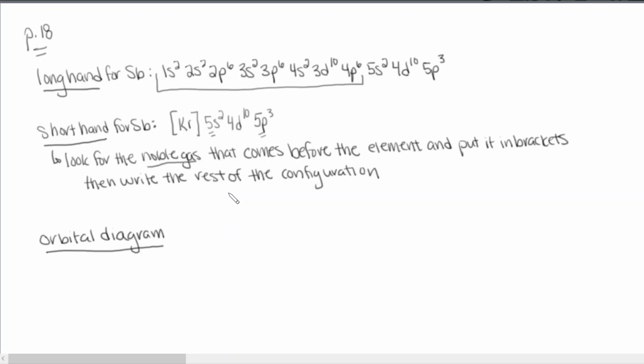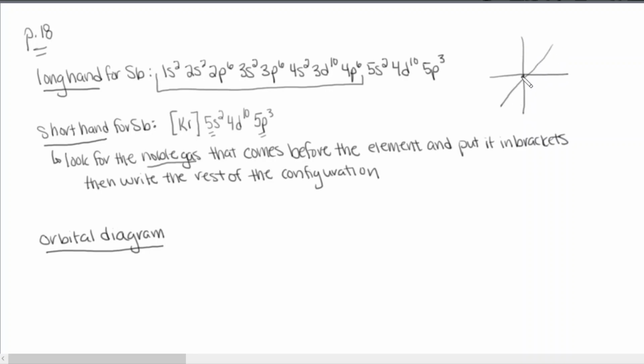Okay. Now, there's another type of electron configuration that we write as well, and that is called an orbital diagram. An orbital diagram shows us all of the individual orbitals. This longhand or the shorthand, this doesn't show the individual orbitals. It shows the sublevels. What I mean by individual orbitals, you guys, is remember when we were drawing this yesterday,